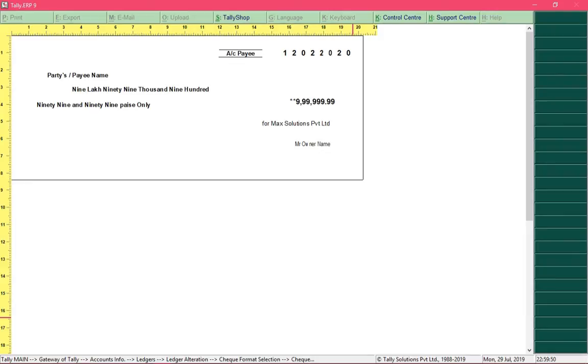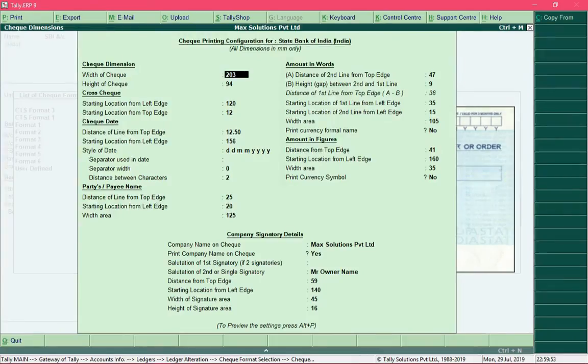Have a look. So this is how you toggle settings about check dimension and the information which needs to be present on the check while printing. You can go through each field and read the name of the field, and the names are quite self-explanatory, and you can decide for yourself how you want to position a particular thing on the check.